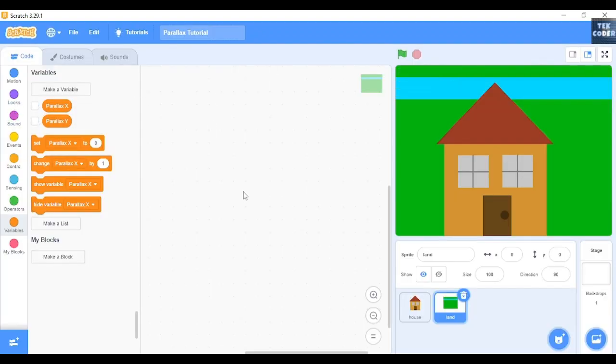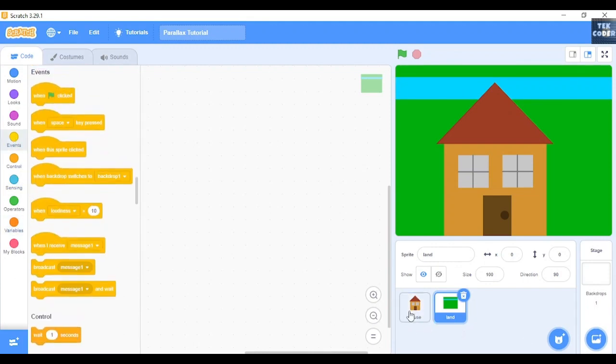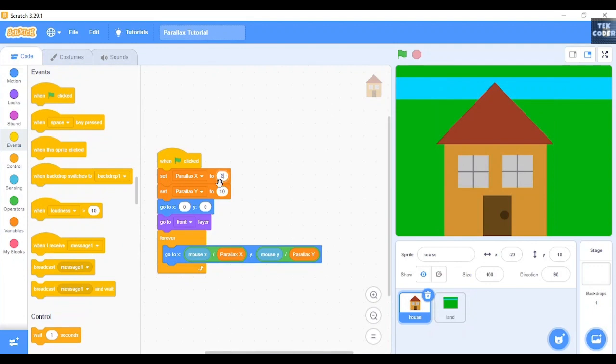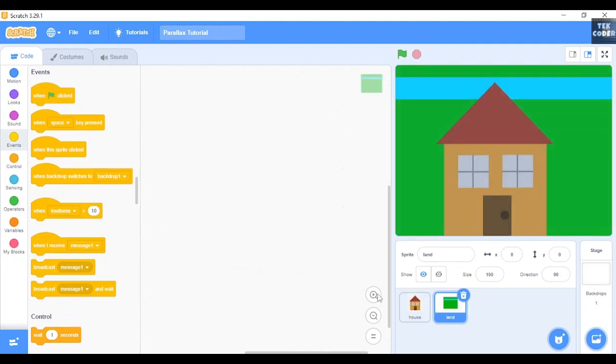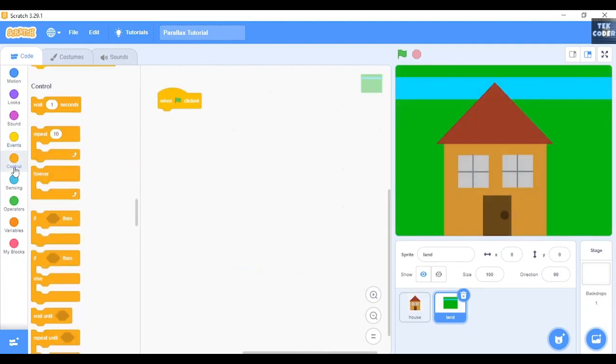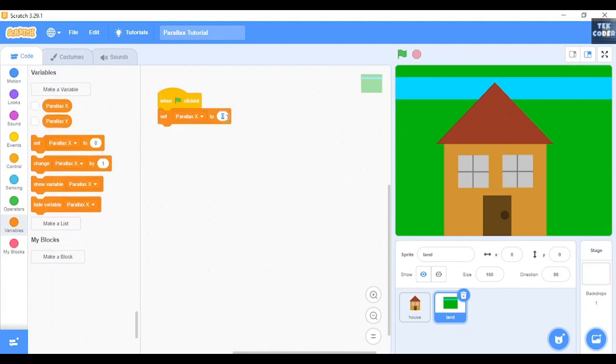And we can have different parallax values for each sprite. So like if we set this to 8, and then for the land we'll set it to something like 14,